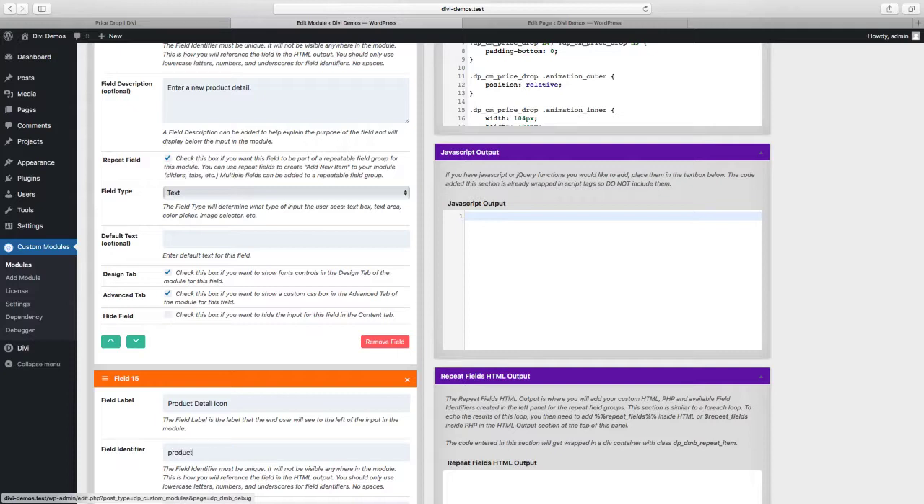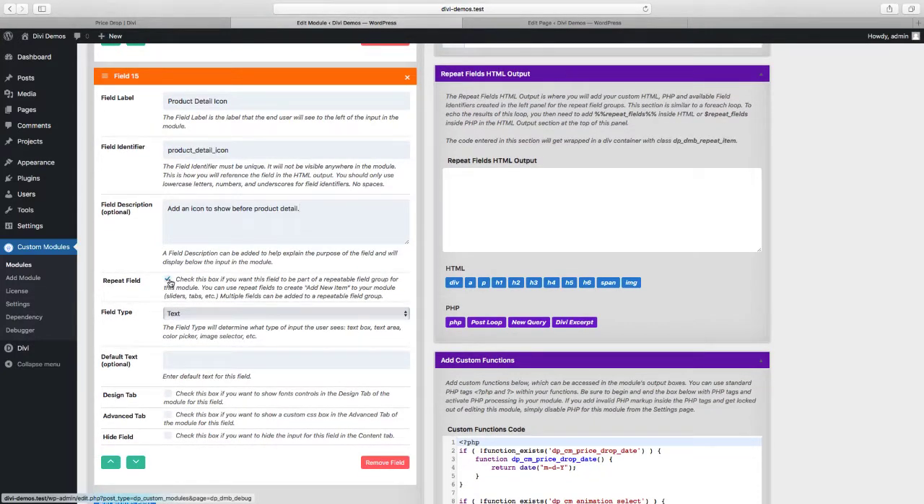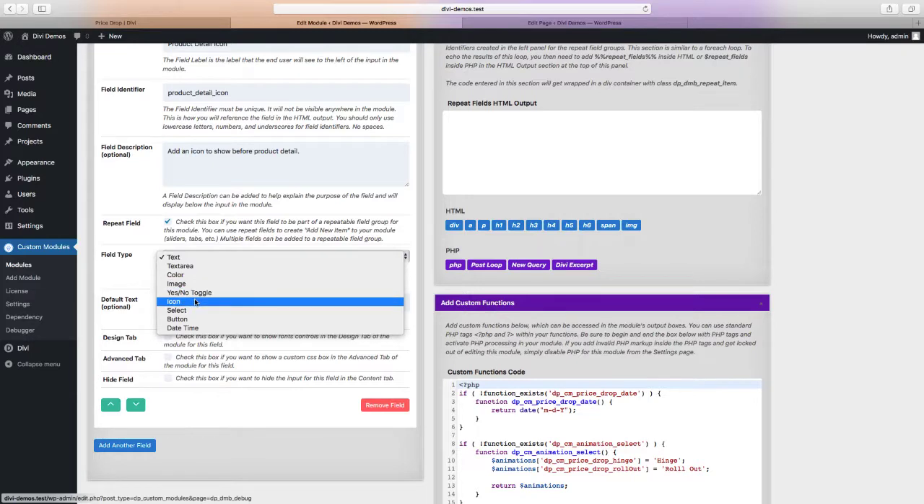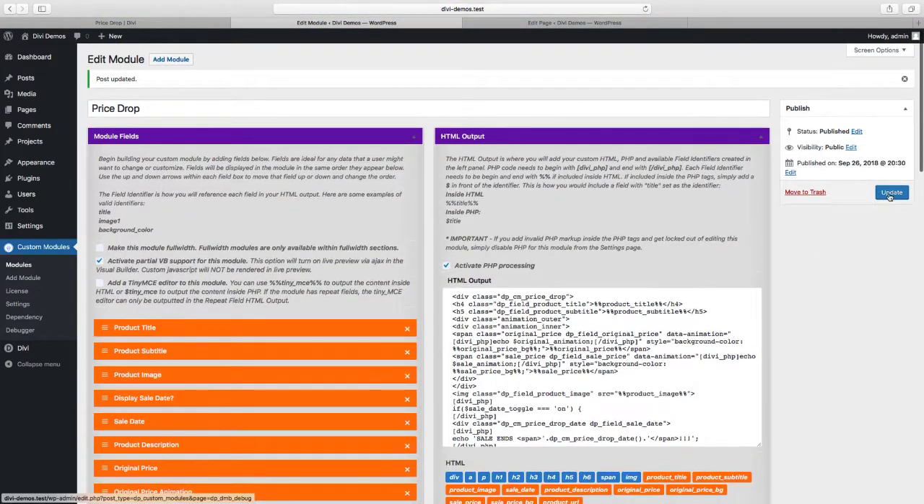And then below that, we're going to add another field, the product detail icon. For the identifier, we're going to call it product_detail_icon. And for the field description, add an icon to show before product detail. This will also be a repeat field. Any field that you check as a repeat field will all get added to the add new item. So it'll become a field within the repeat field, add new item. This one is going to be an icon, so we're going to click on icon field type, and we're going to add this to the advanced tab as well. So let's update,